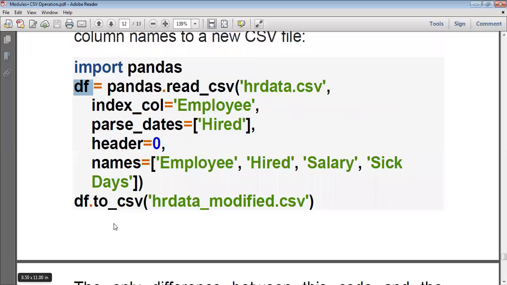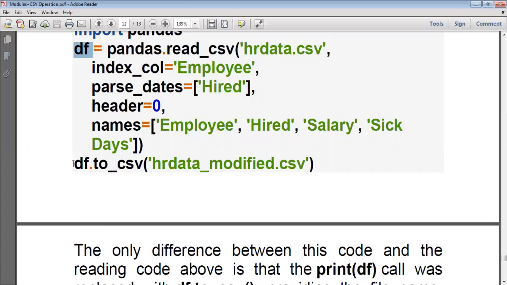When you want to write the content into a CSV file, use the data frame object, call the to_csv function, and the CSV file you want to write to should be passed as a parameter to this function. In this way, you can read and write the content of a CSV file. With the help of the pandas library, you can easily perform the read and write operation compared to the CSV library. Pandas is the most popularly used library in day-to-day application programs. Most of the programs make use of pandas only.